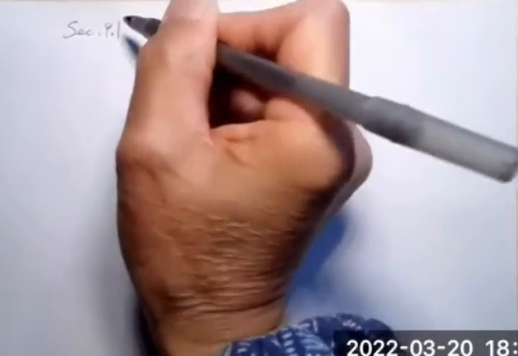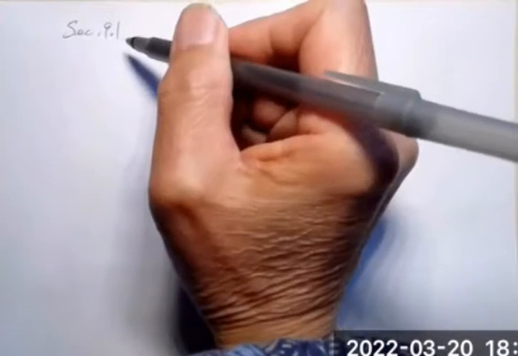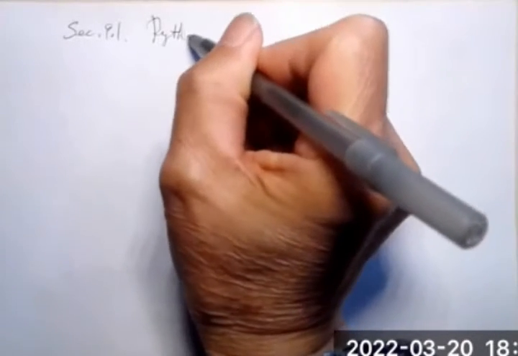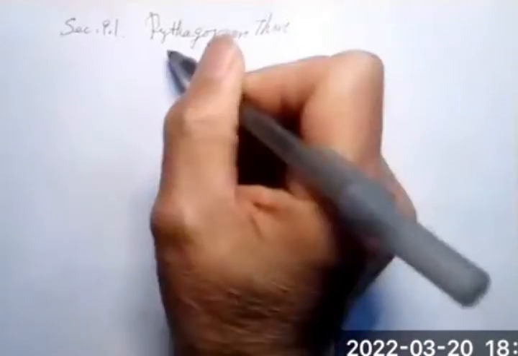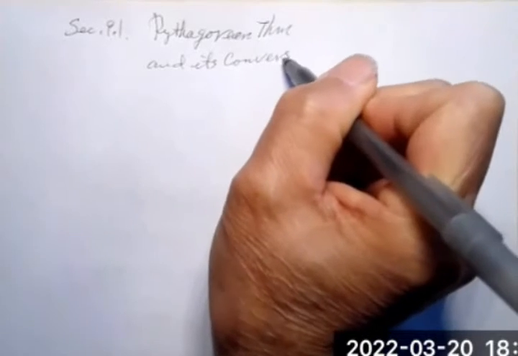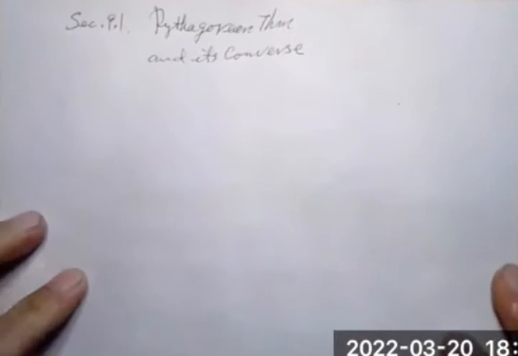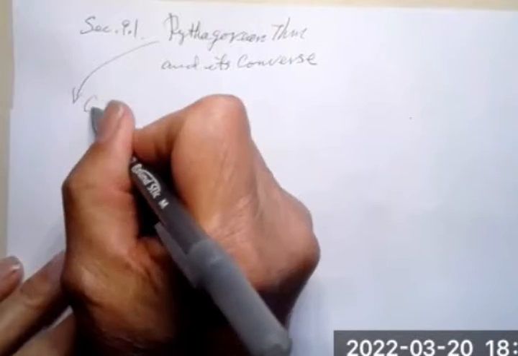Section 9.1. Pythagorean Theorem and its converse. We learned in geometry what a logical statement is, and what the converse is. When the statement is true, the converse may or may not be true. First, the Pythagorean theorem says, given